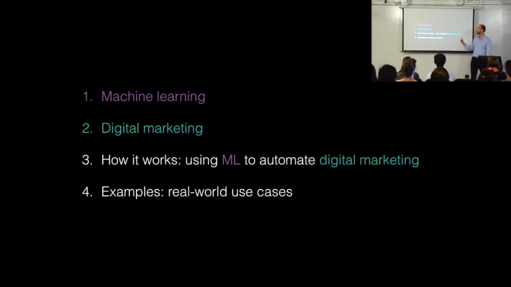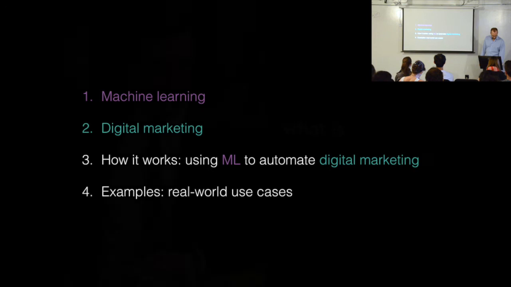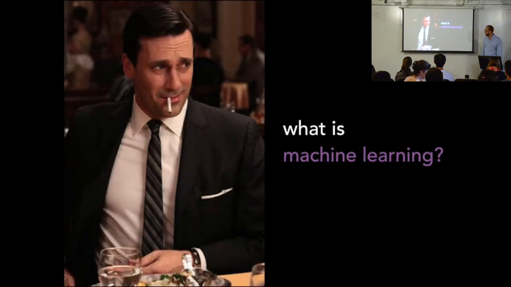So we're going to talk about machine learning. Number one, what is it? How do we do it? Then digital marketing, what is it? How do we use it? And then how does it actually work to use machine learning plus digital marketing? We want to automate stuff so that we can get some real good impact out of this. And then I imagine this is probably what people are really here for: what are some real world examples of how this stuff works and how it returns value to people, why bother? Sound good? Okay, so what is machine learning?